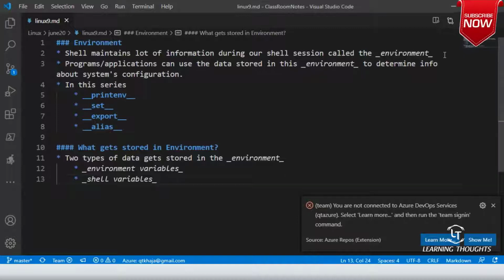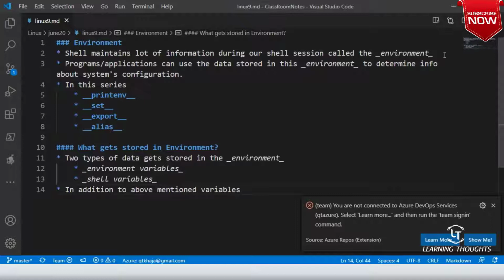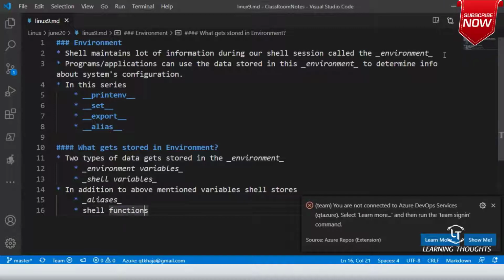In addition to the above mentioned variables, we have two other things. The shell stores something we call aliases, and something called shell functions.